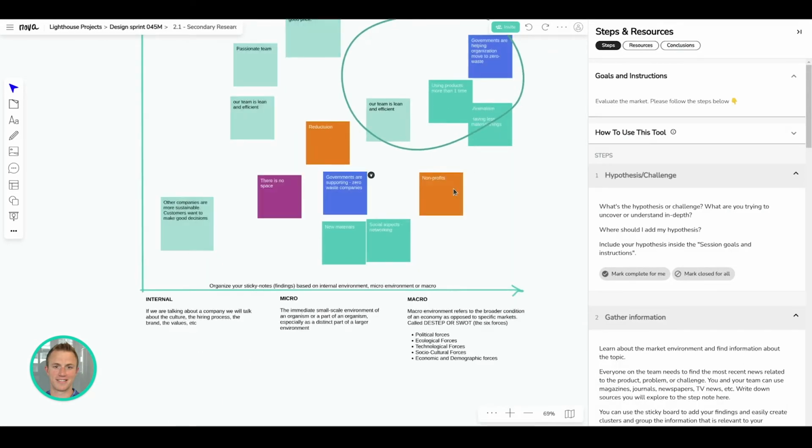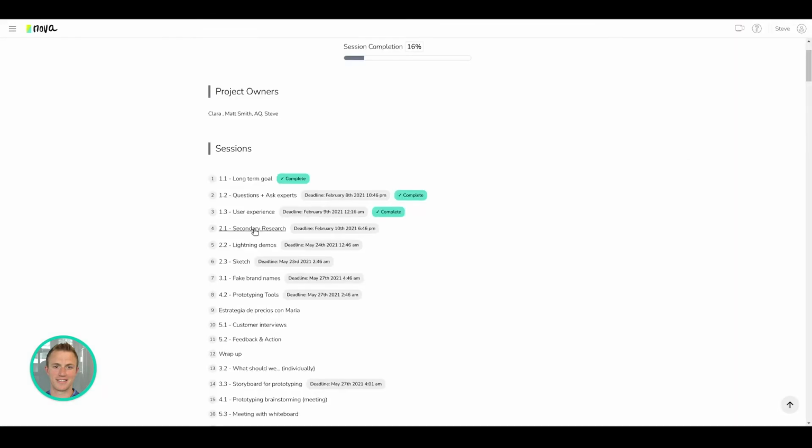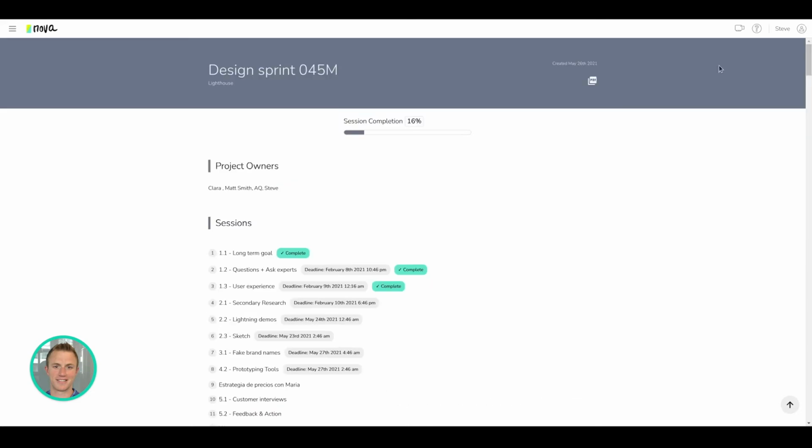Here we can highlight a note, go back to the project report, and in the secondary research session, you'll see that those notes were highlighted. Managers and executives can access the project report with notes and conclusions, or you can send them a generated PDF